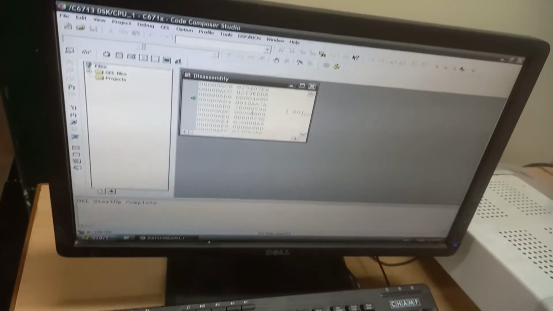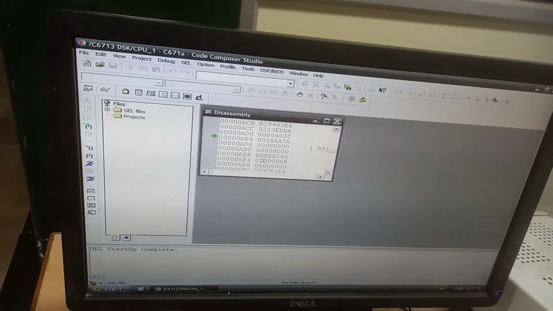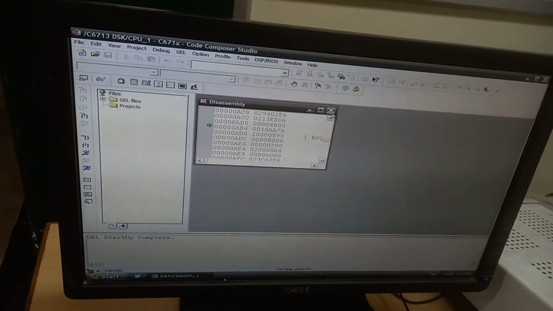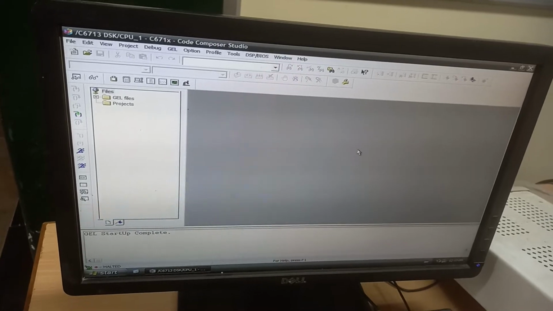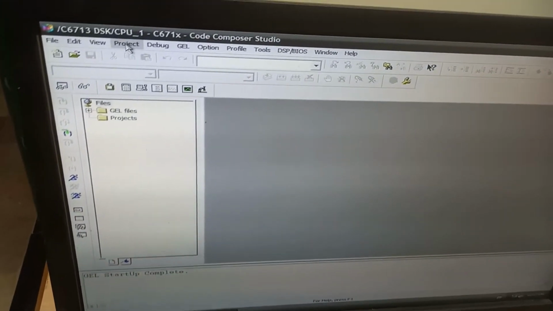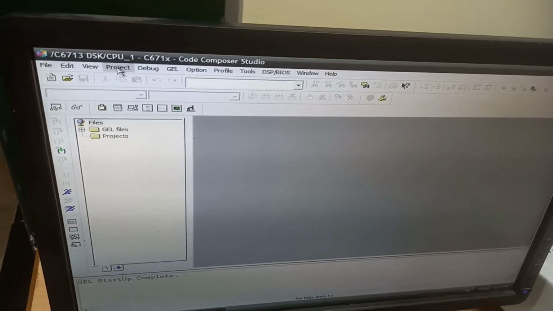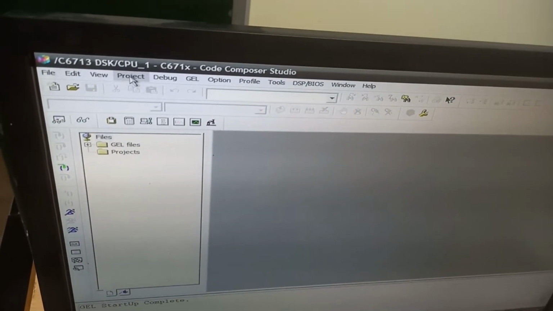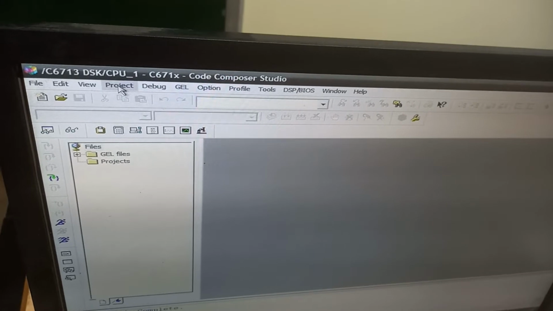Disassembly will open here. Just as I told you, whatever previous program you had will open. Just close this. Just close this. After this, go for creation of a new project. For linear and circular convolution, use your 10th program, but you have to create separate projects for linear